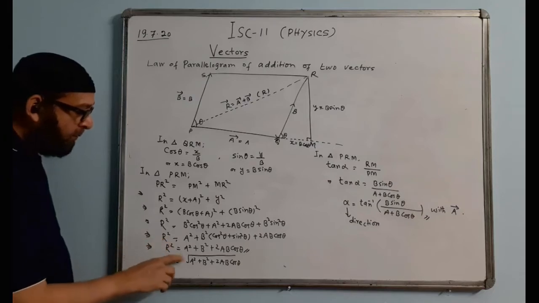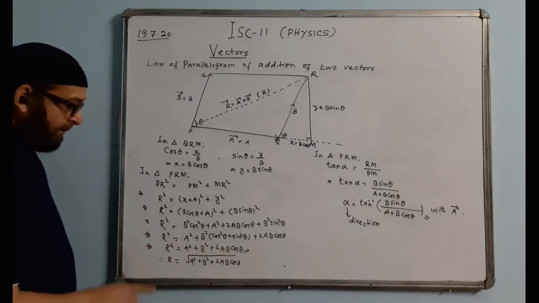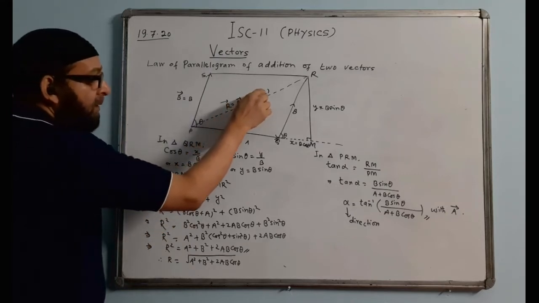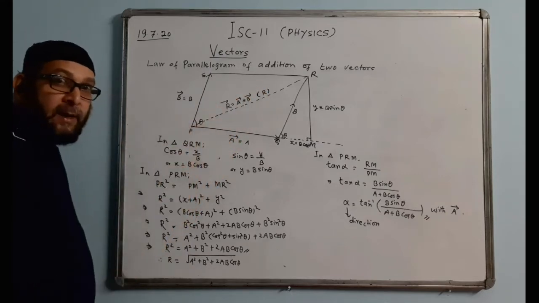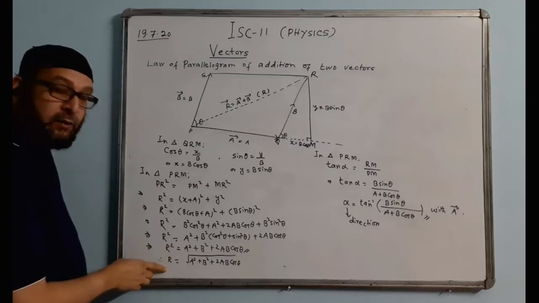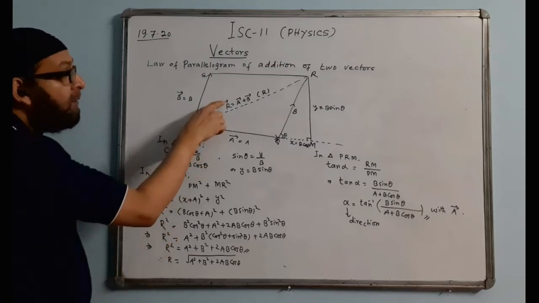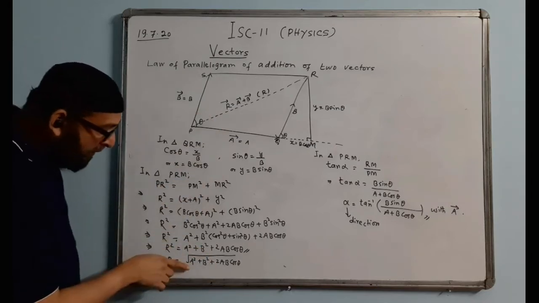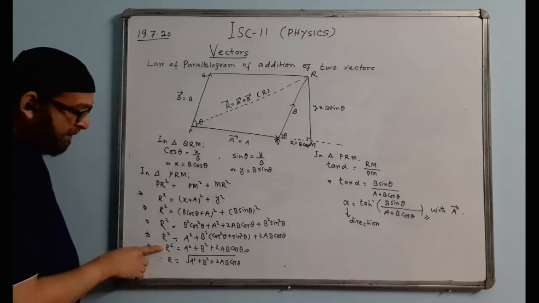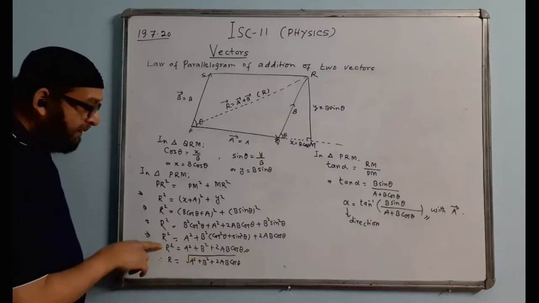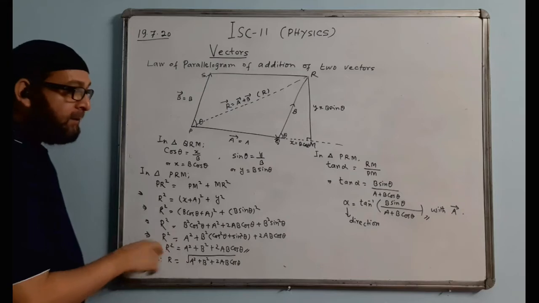Therefore, we put a square root here. This R will be the magnitude of the resultant vector R. Magnitude, because we are writing it without an arrow. This is only finding the magnitude of the resultant of the addition of these two vectors. This is the formula we apply, but it is better known by this relation: R square is equal to a square plus b square plus 2ab cos theta. It's easy to remember, instead of the root we write the square here.